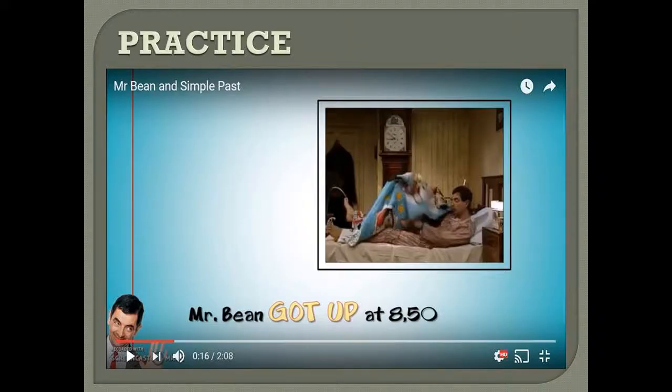After that, they will watch a video of this show, Mr. Bean, pretty much the same comedy show. In this movie clip, they will see the daily routine of Mr. Bean in past simple. At the moment when they see the actions coming out on the screen, they will have to repeat out loud and pronounce, and at the same time try to give a translation, or the meaning of what he is doing based on the image they're seeing, as we see on the screen.